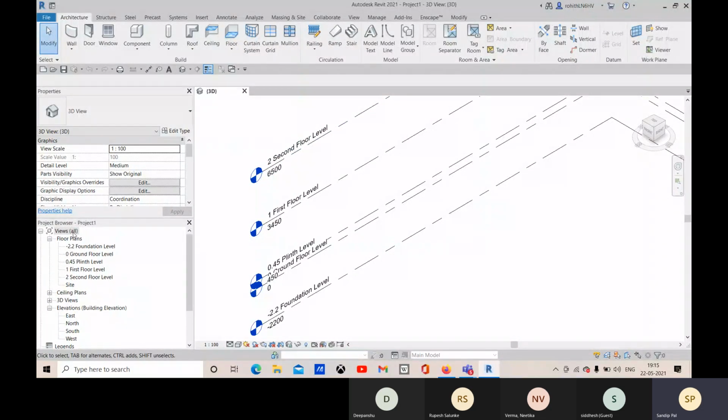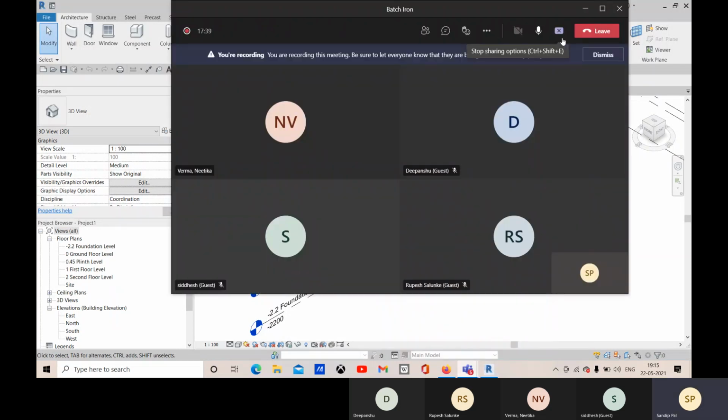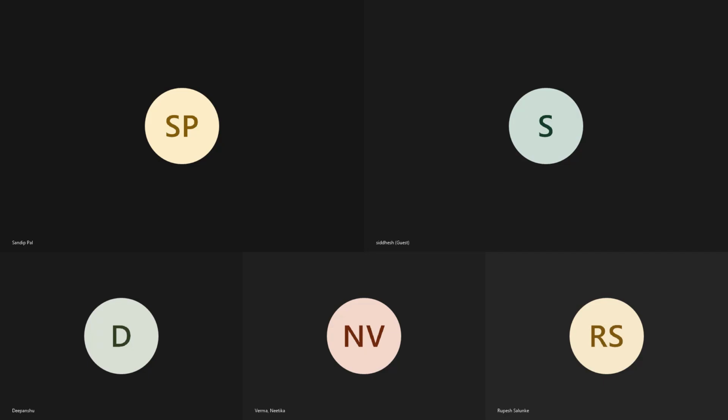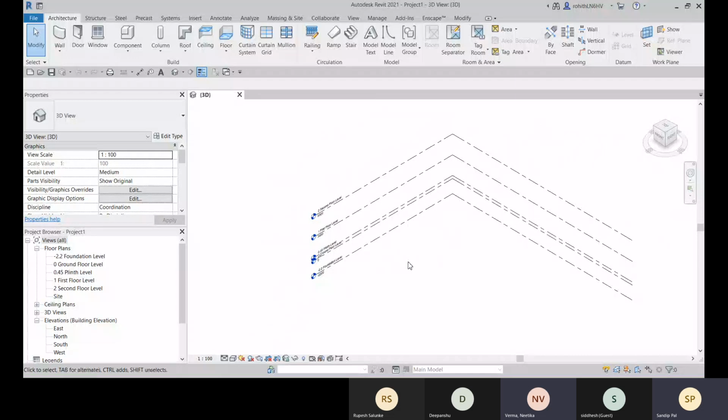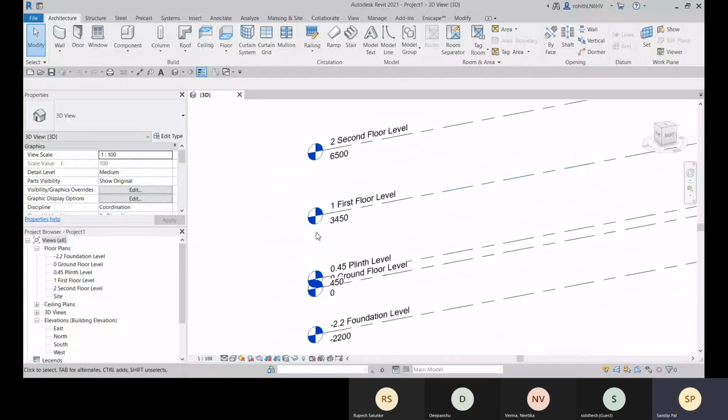I'm getting all these views organized within the project browser. All right, so here you can see that as per the template file, I'm getting it.